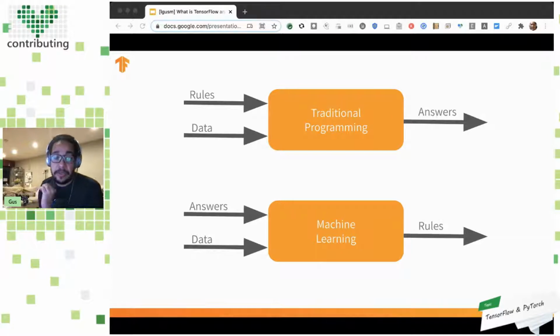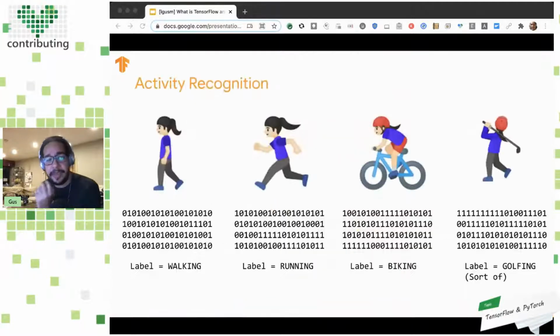But now the question is, how do you get answers and data? So we come back to our activity recognition app. And if we use the information about accelerometer, gyroscope, and everything from your phone, for example, and let's represent that as those numbers, what we know is if we get this information and we label them as, oh, I was walking during this time, and this is the information from my phone sensor, and I was running at this time, and then you give that information.